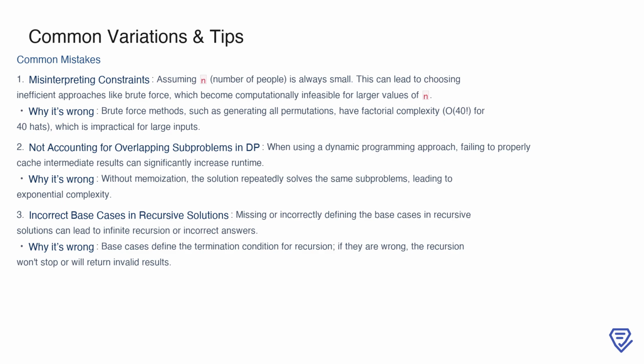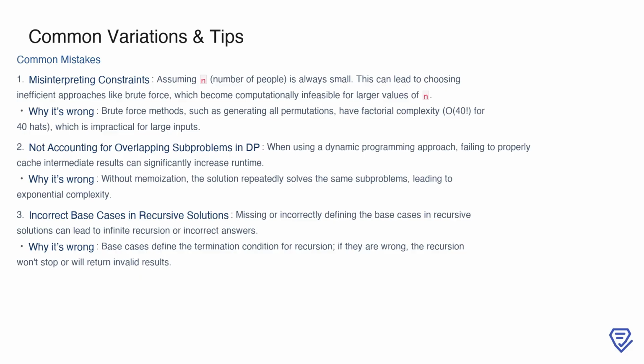Another mistake is not accounting for overlapping subproblems in dynamic programming. If we fail to cache intermediate results, we end up solving the same subproblems repeatedly, which drastically increases runtime and can lead to exponential complexity. Similarly, incorrect base cases in recursive solutions can cause infinite recursion or incorrect outputs. Base cases act as the termination condition, and if they're improperly defined, the entire recursion falls apart, either looping endlessly